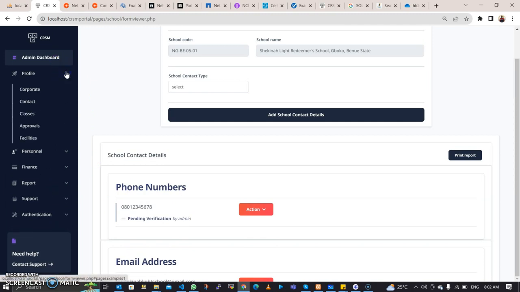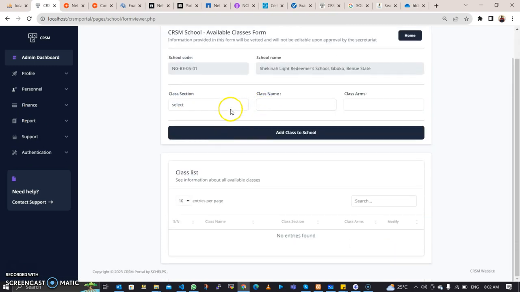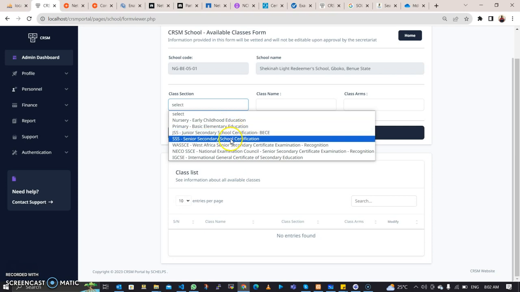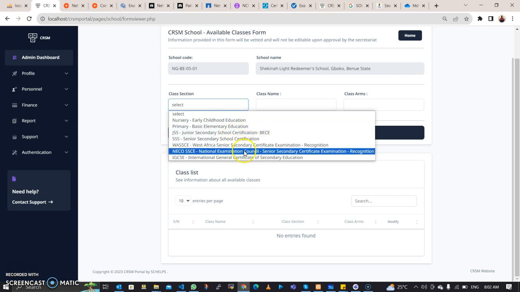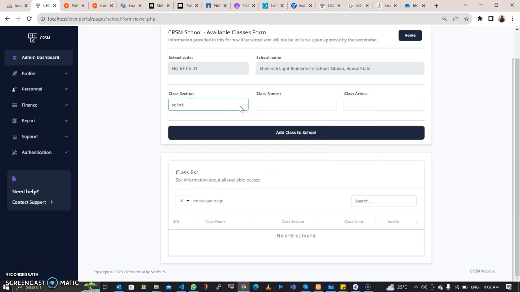We also have the classes. Now we want to know the classes available in your school. Do you have nursery, primary, junior secondary, senior secondary, WASC, NECO exam classes? Do you have perhaps extended classes, like IGCSE? We're going to update this list with Cambridge classes and A-level classes. We want to be sure we know the classes available in your school. This section is very, very important,